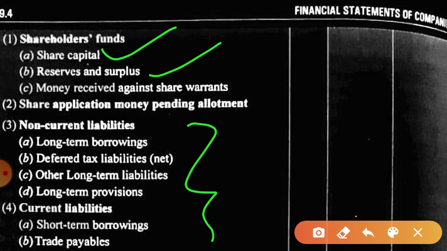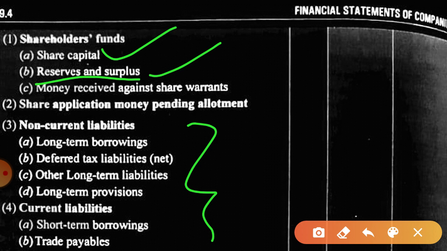Now share capital I'll show you in the notes to account later. Now I'll show how reserves and surplus is treated. So what are reserves and surplus? All free and non-free reserves will be treated here. What are reserves? Like capital reserve, capital redemption reserve, securities premium reserve, debenture redemption reserve, revaluation reserve. There are so many reserves. You have generally studied the free reserve, that is general reserve, isn't it? Then you have studied about statement of profit and loss account. Is this clear? And if there is any negative balance, then it will be shown in brackets.